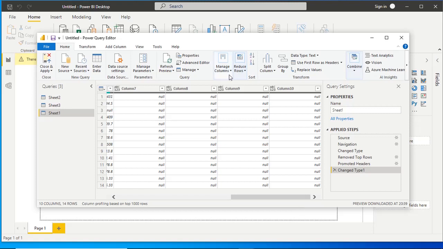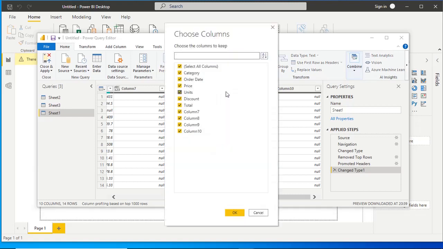So click on manage columns on the query ribbon. Then choose columns. You can check the names of the columns: category, order date, price, units and discount, total. Then column 7, column 8, 9, 10. These are not required. So uncheck these columns.